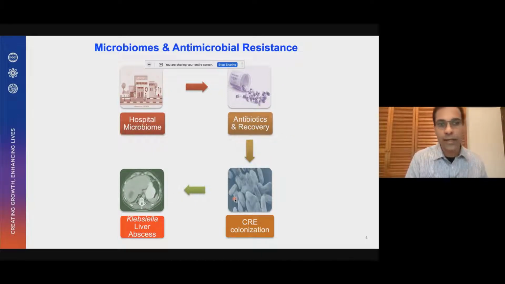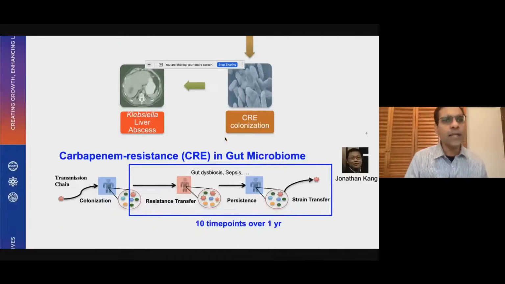Which is ironic, that the use of antibiotics itself might really lead to the emergence of multi-drug resistance as well as colonization of our microbiomes, and then on to an overt infection in terms of liver abscesses or other body sites. So we are trying to understand all stages of this cycle and the transmission patterns. And some of the studies we are doing